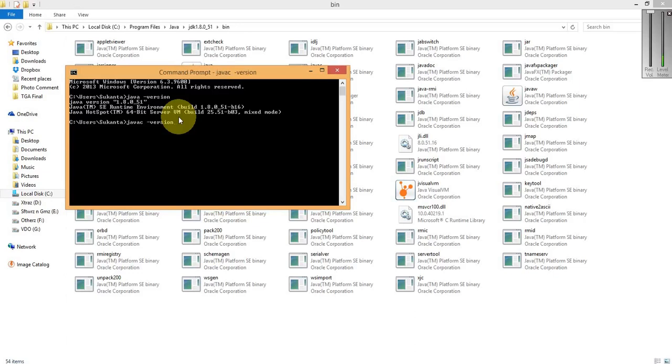So it will give you the Java compiler version. If it is not giving anything, or it is saying that javac is not recognizable, that means you have made some mistakes in setting up the environment. So let's check it and solve this problem.